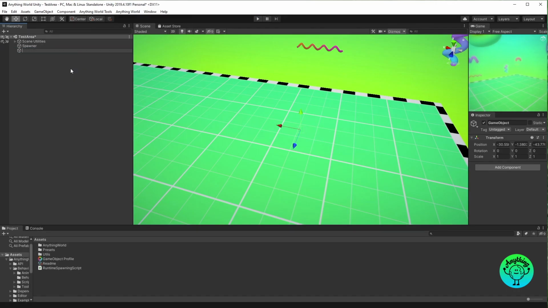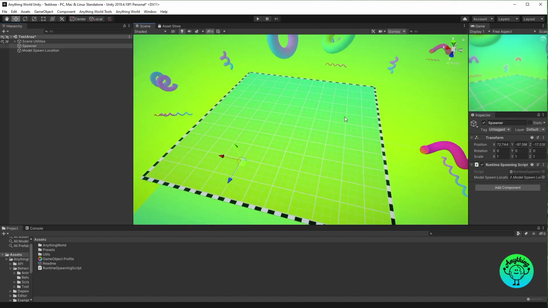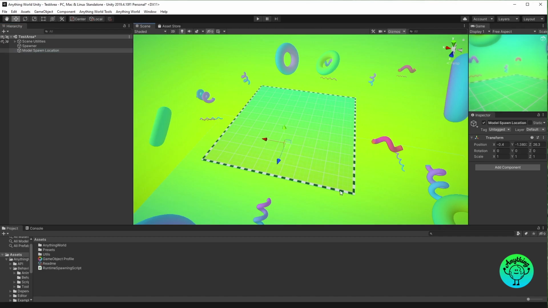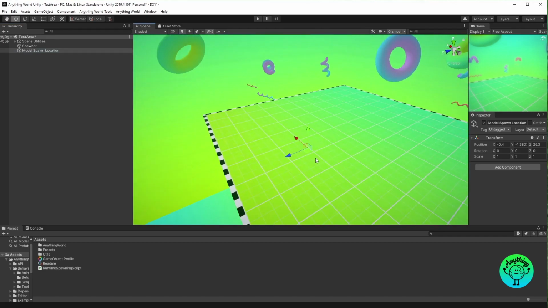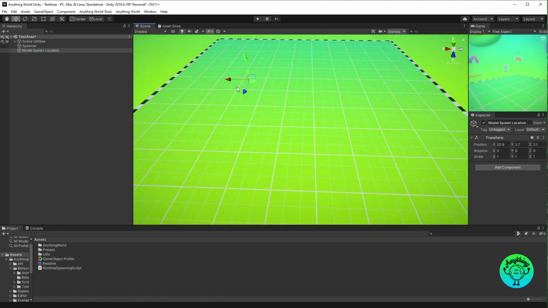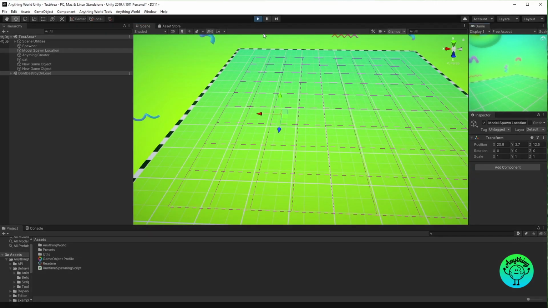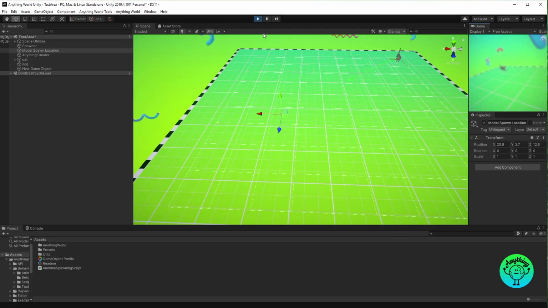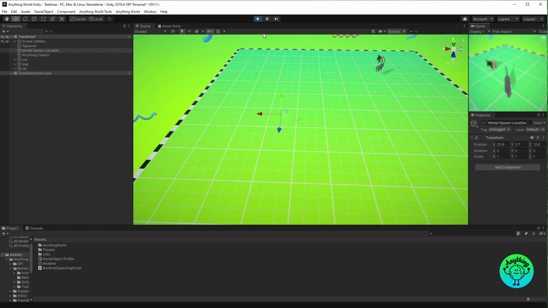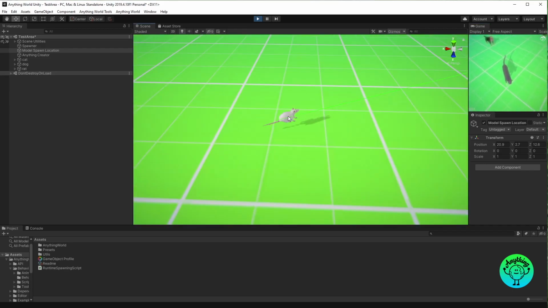If I create an object and call it model spawn location, then click and drag it to there, we can drag around our transform, spawn our model, and now we can just drag this anywhere, and hopefully our model should spawn at runtime. So let's have a look. You see our cat, our dog, and then hopefully our rat. And as you can see, the model is spawned